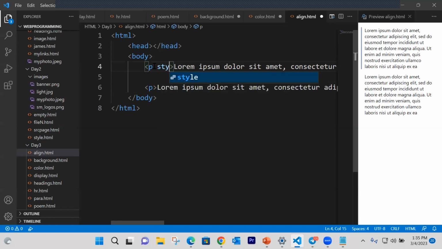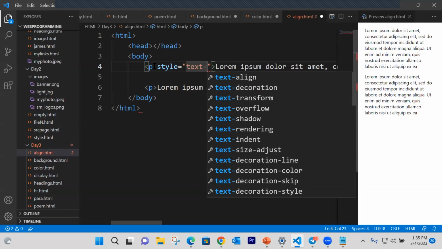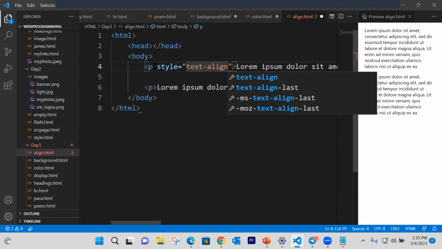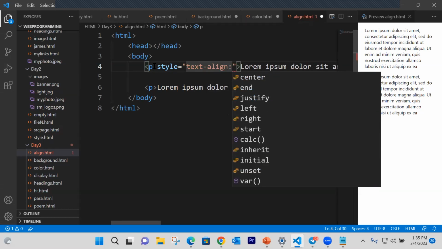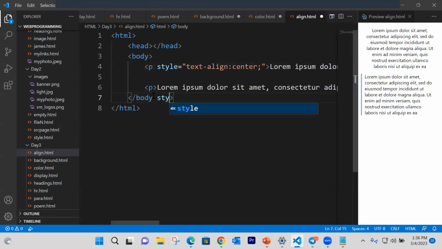So I'll put my style equal to text align. That's the property, colon. Maybe I want it to be centralized. The first one, let's make it center. You can see that it's changed here. It has been centralized. And then the last one, style